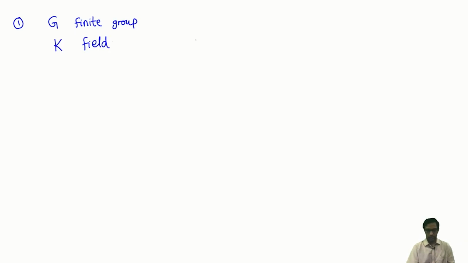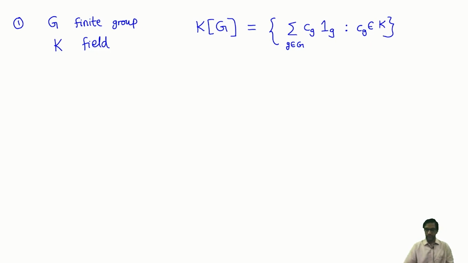Okay, so recall this notion of the group ring or the group algebra that we talked about. So the group ring is just what is it? Well, it's all elements of the form some linear combination with some coefficients Cg with some basis elements 1g. You can think of it as a vector space over the field K. Cg is coming from scalars K. Okay, but the interesting thing as we saw is that this is a ring and it's got multiplication, which is,